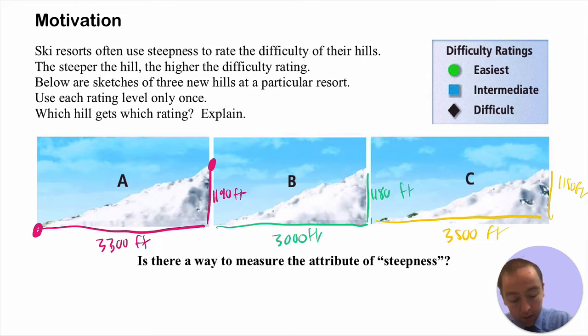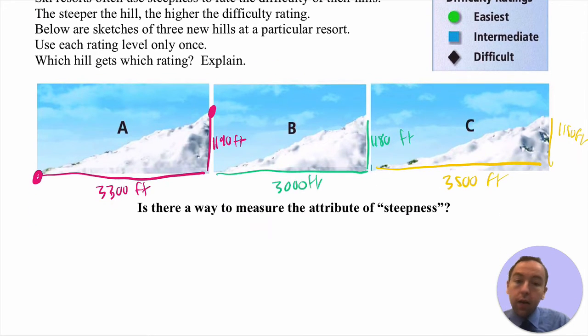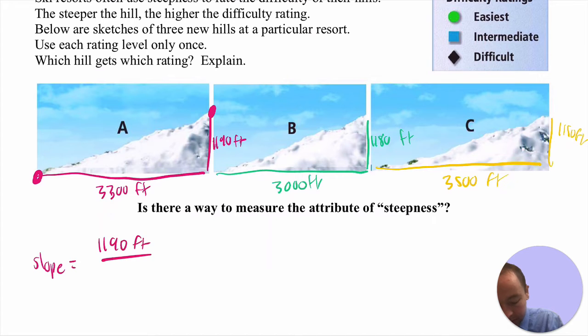To compare these steepnesses, you want to take the amount of rise and divide it by the units of run, and you'll see how that makes sense here. For slope A, I'm going to compute the slope of this hill by taking the vertical distance of 1,190 feet and dividing it by 3,300 feet. When we do so, we get a decimal that's approximately